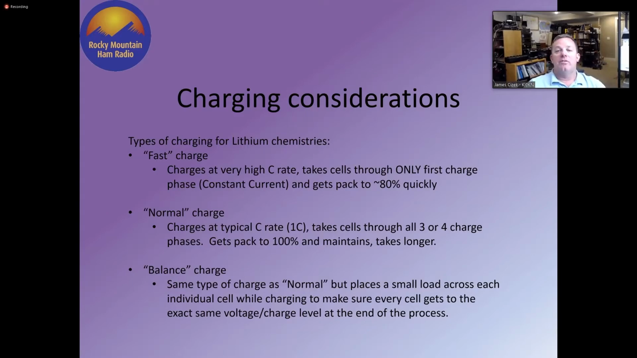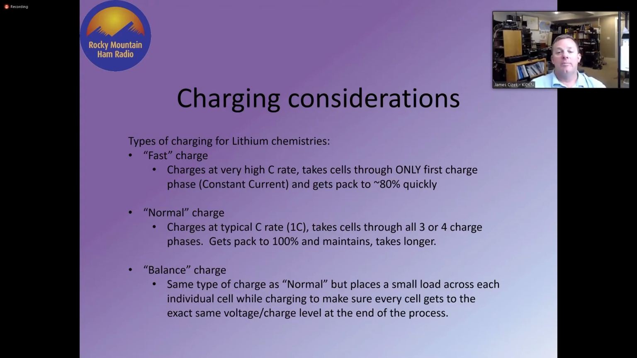Typical charging of lithium chemistries, there are typically 3 types of charge. A fast charge charges at very high C rate, although still a safe C rate for the battery. This is very similar to that bulk type charger we talked about for lead acid. It gets the pack up to 80% as quickly as it can, and then we just skip the 80 to 100% charge. Lithiums typically are more of a 2-stage charge than a 3-stage charge, but it still applies that 80 and 20%